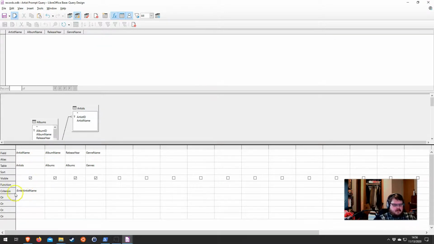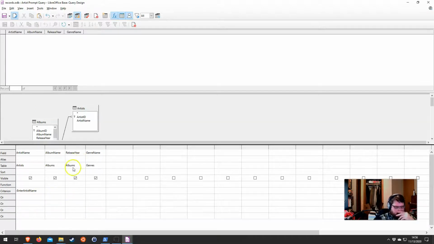So this allows you to do searches on various criteria, and you can do multiple criteria. You can do multiple with ors. I want Bob Dylan or Led Zeppelin or whatever. You can get a whole bunch of different artists and then have it filter on all those terms, or you can do kind of a mishmash of different